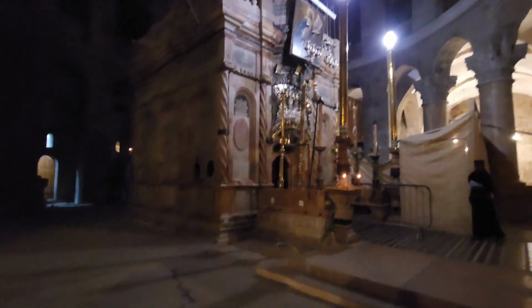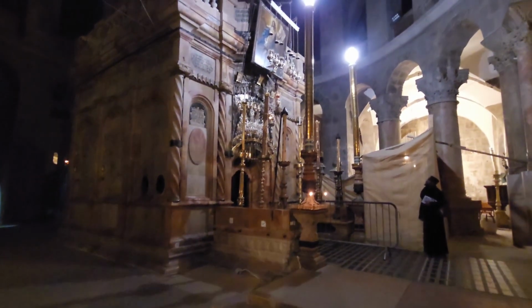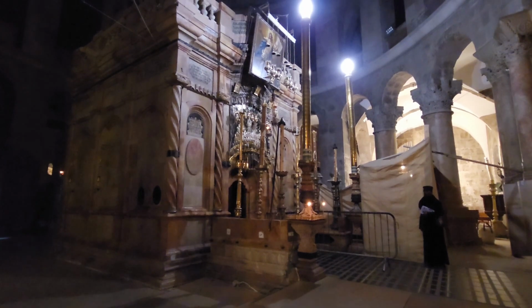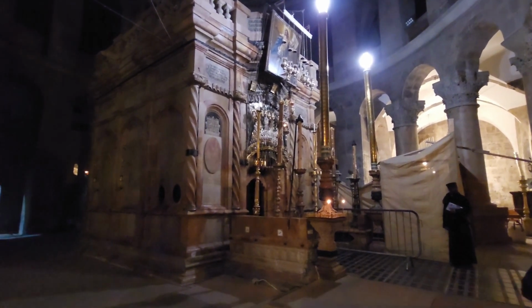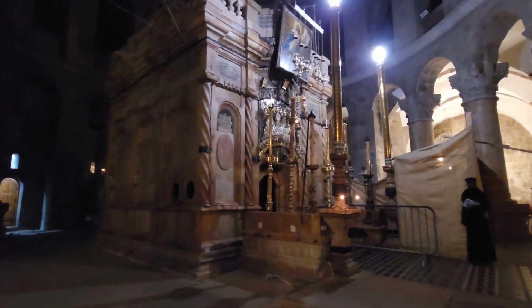Then they already finished covering that part with the stones that you saw, but then they cover it with wood. I don't know why. And they moved to the other side. The tomb is divided into two. The first chapel is the angel chapel, who took care that no one will